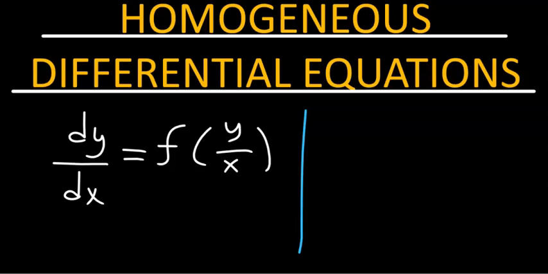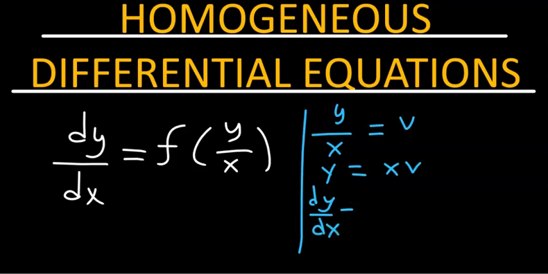And this is the following substitution that one can use. y over x equals, let's say, v. That means y equals x times v. So the derivative of y with respect to x using the product rule will simply become v plus x times